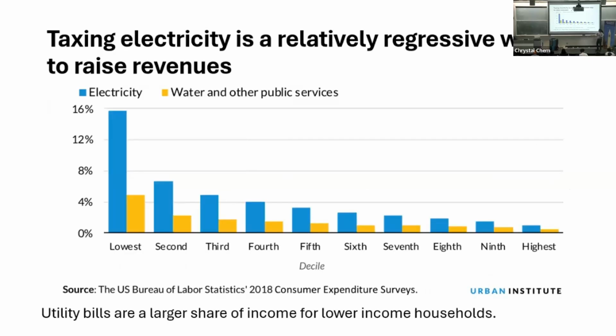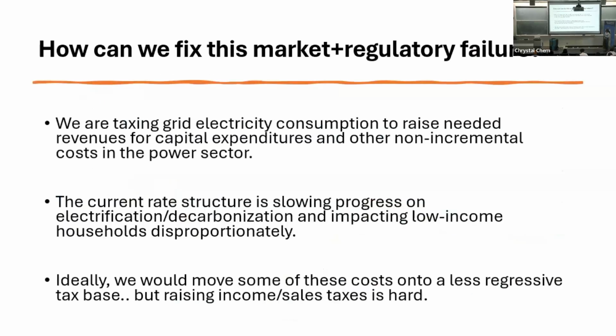electricity that we're using to raise needed revenues. It turns out it's a relatively regressive tax, meaning low-income homes spend a relatively large share of their income on their electricity bill. So if we were to raise these revenues using sales tax or investment taxes, we would be impacting lower-income households less than we are with this effective electricity tax. So for these reasons, we got pretty motivated to think about, this is some combination of market and regulatory failure. Prices are too high, and it's hurting our ability to electrify, and it's really undermining or intensifying affordability concerns around